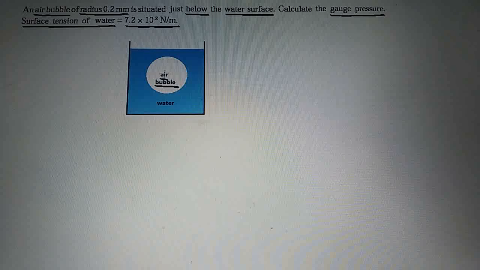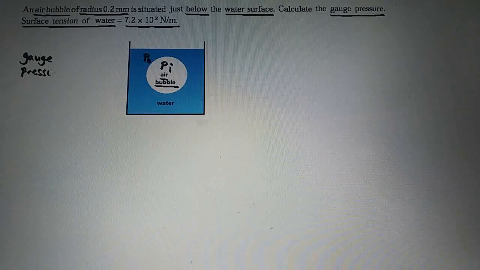So this air bubble of radius 0.2 mm is situated just below the water surface, and we have to calculate the gauge pressure. So what is gauge pressure here? The inner pressure is Pi and the outer pressure is P0. The pressure applied by water on this air bubble is P0, and the pressure inside the air bubble is Pi. This internal pressure Pi is always greater than the pressure applied by water, P0. So the gauge pressure will be